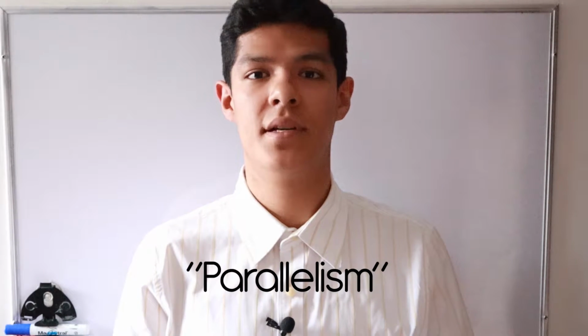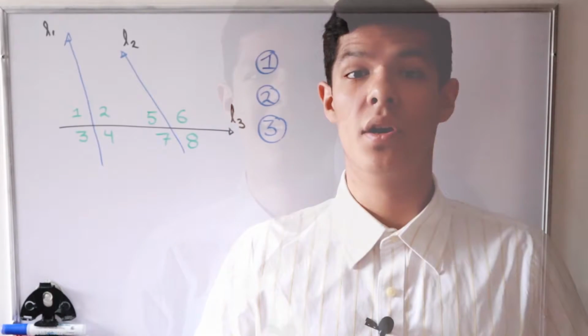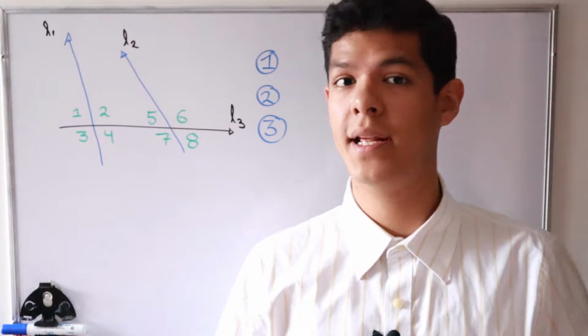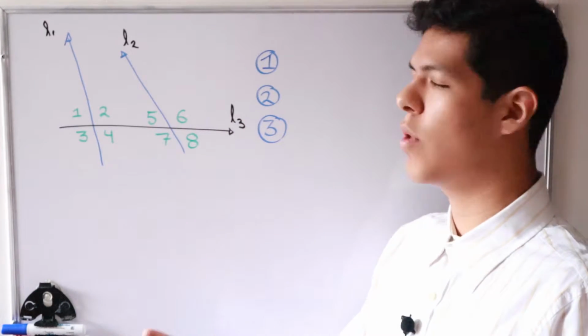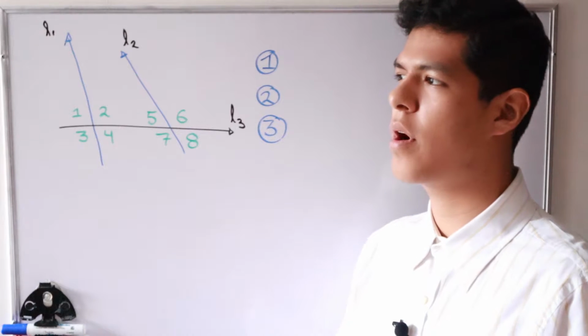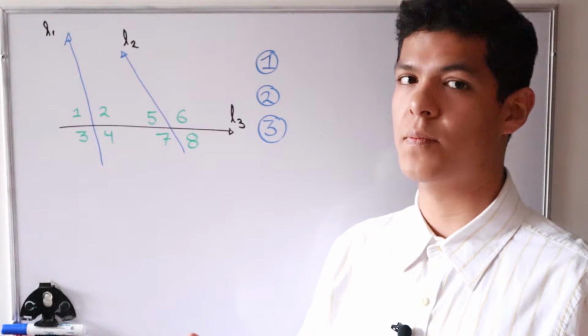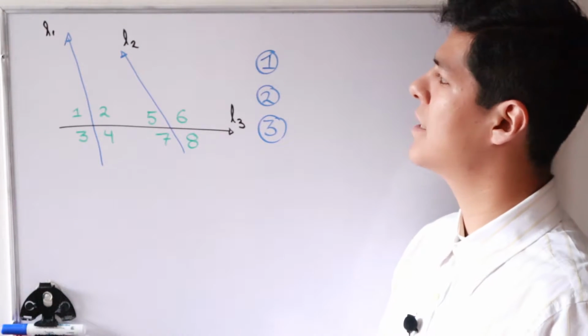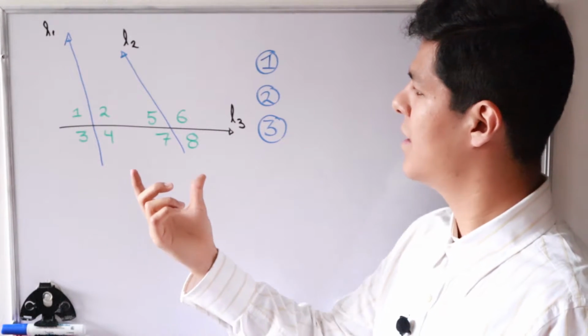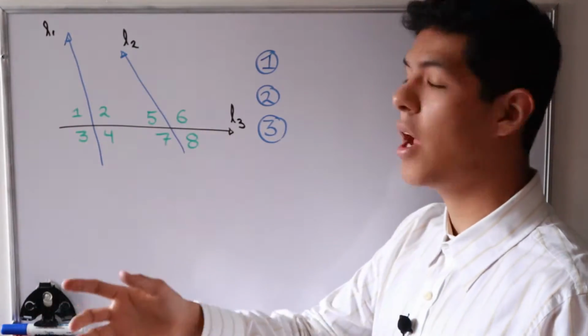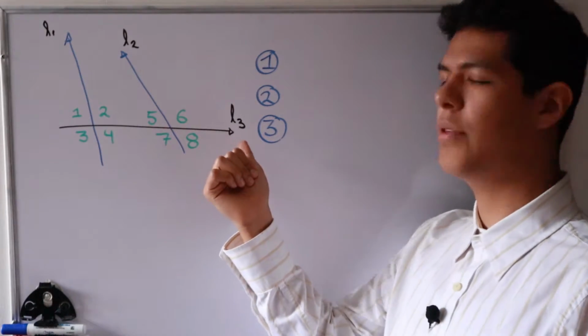Olympiad. So the topic that we are going to see is parallelism. So let's get started. First of all, in order to get the important concept of parallelism, we want to get some characterization of parallelism. For that, we need to view that if we have two lines, L1 and L2, and they are crossed by another line, L3,